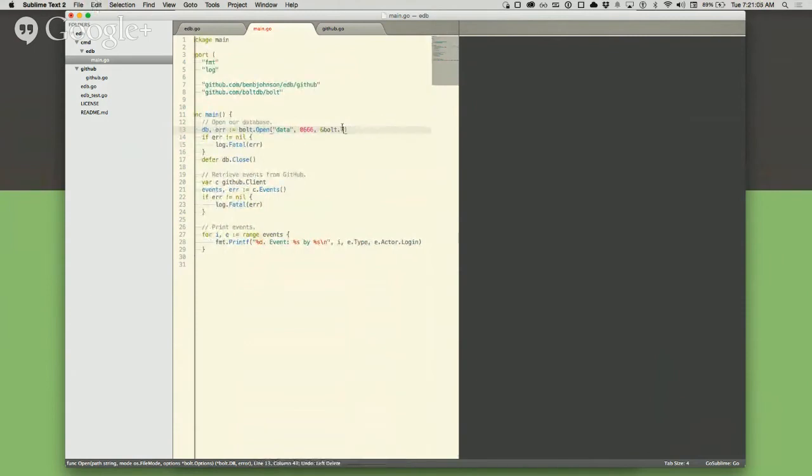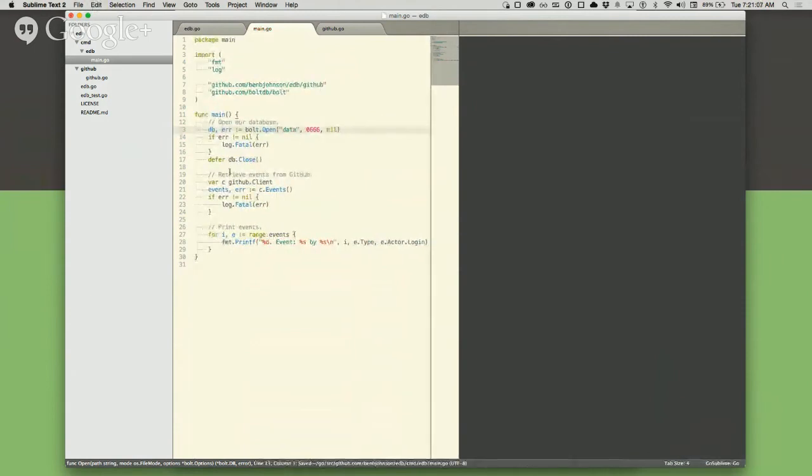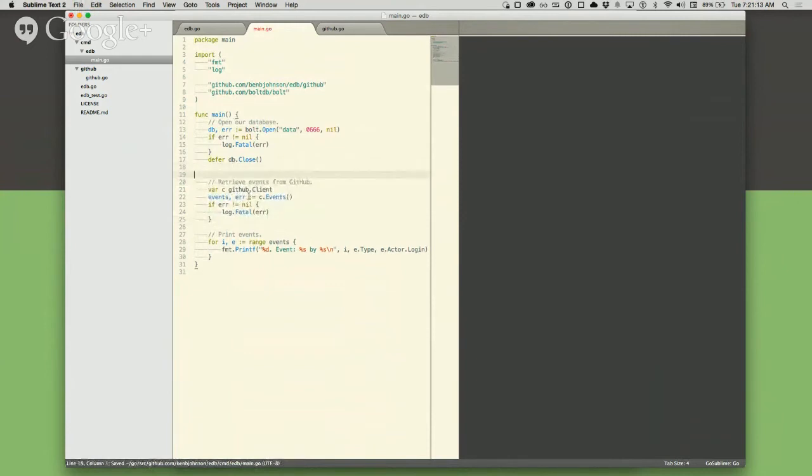All right, so we'll check that out. Otherwise it'll actually hang indefinitely. We can't get to it now. So close, do events from GitHub. Okay, so we want to take this database and we're going to,